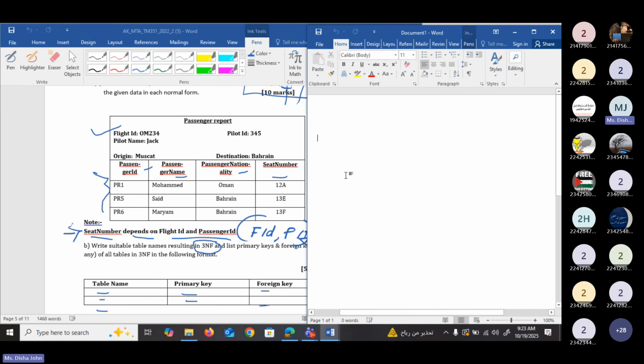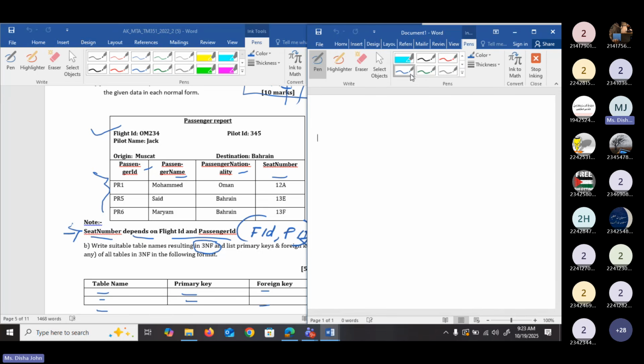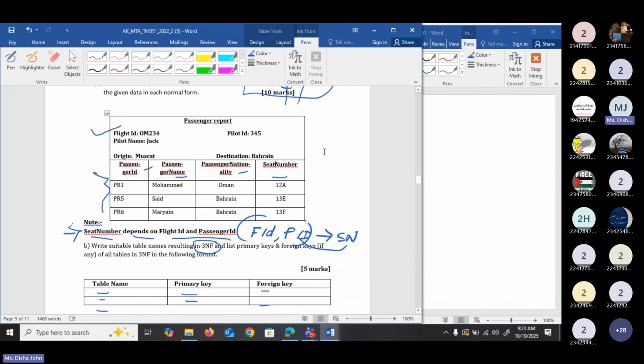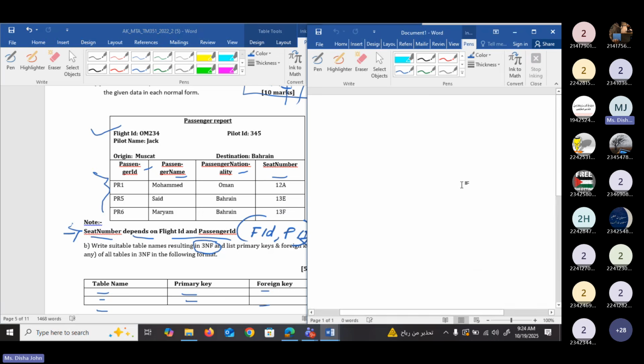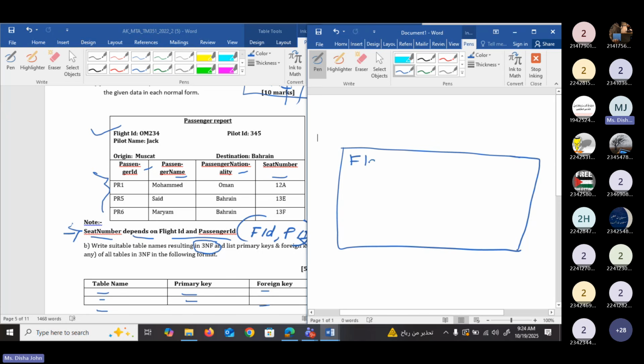Okay, so here. The first column, let's say flight ID. I will use the short form, so we can save time.